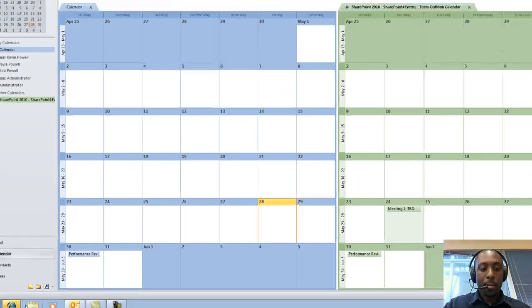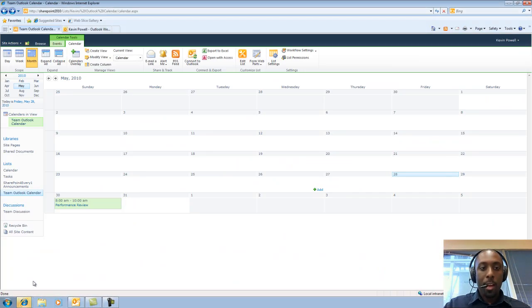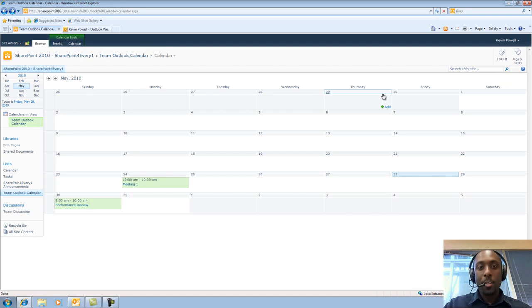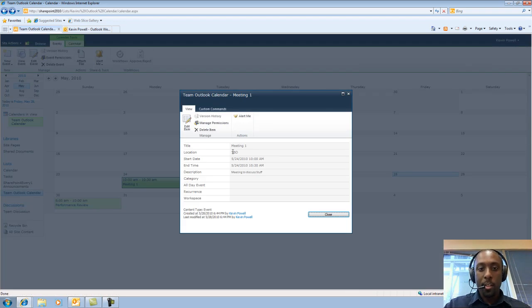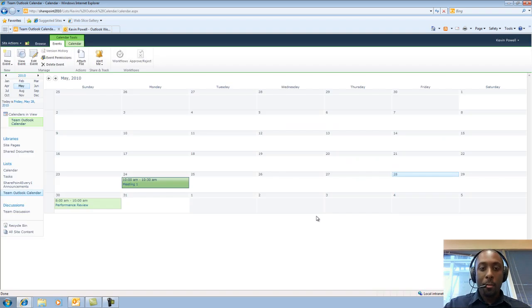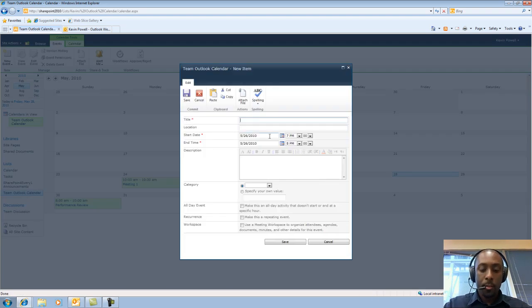If I jump back to my team calendar within SharePoint and refresh the page, I'll now see my update here within SharePoint. Again, I didn't make the change in SharePoint, I made the change in Outlook, and here's all the information that I specified within Outlook. And vice versa, if I wanted to update this calendar within SharePoint,